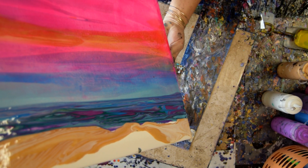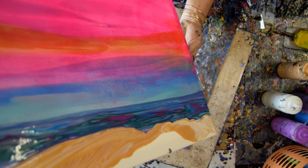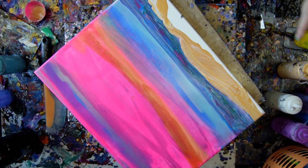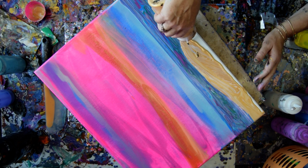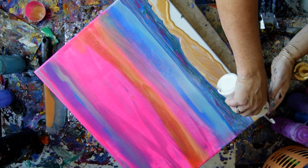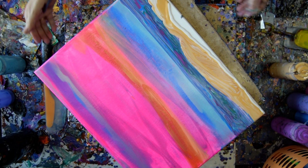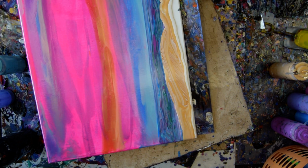I could probably run a skewer along the edge of that, and so could you, to make it go into place, but I'm kind of liking the unevenness of the edge. And what will I do now? I think I will add some gold. And some white. And hopefully make this all work out